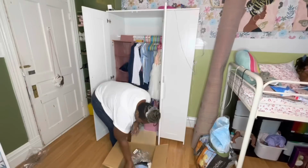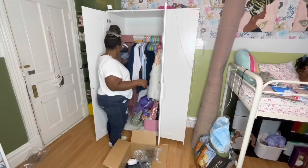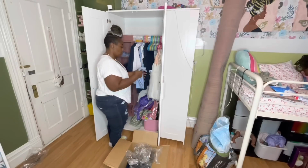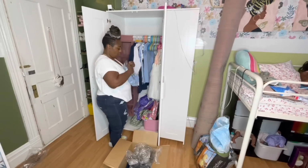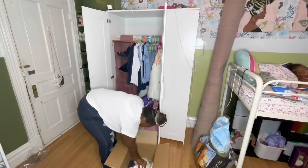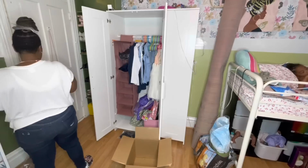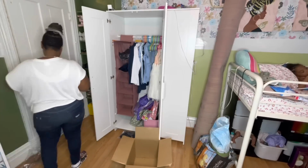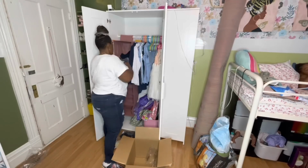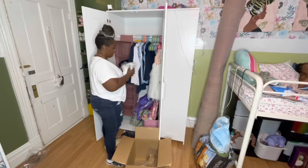Now, I did look into getting them into a private school and also a couple charter schools. The charter schools were all filled, and the private school was $2,500 a month. The one that I really liked was an all-girls private school. I absolutely love that school, but it's $2,500 a month. I'm still debating, because I think I can swing it, but